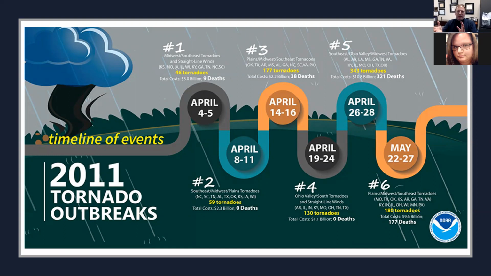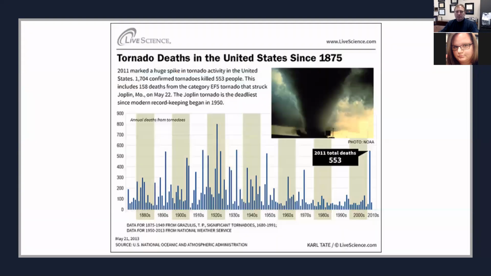And again, if we think about how substantial they were, how much damage they caused, and again, what were some of the lessons that we learned from those, that'll be information that I have coming up.